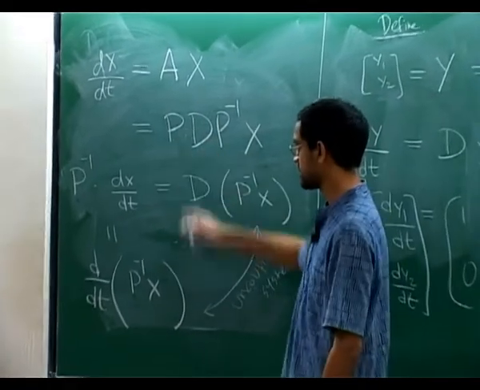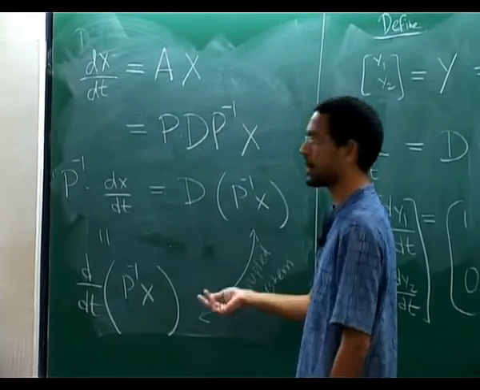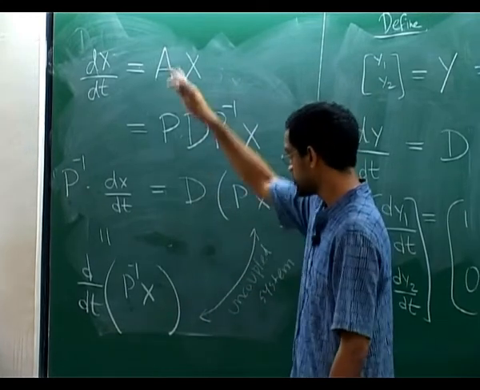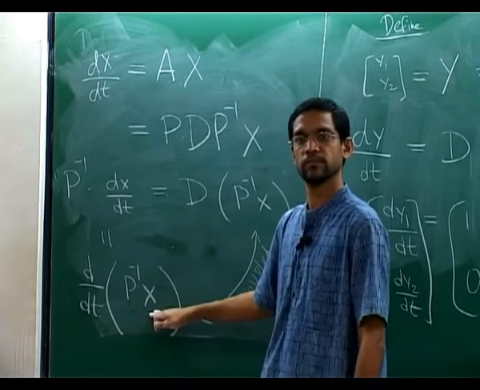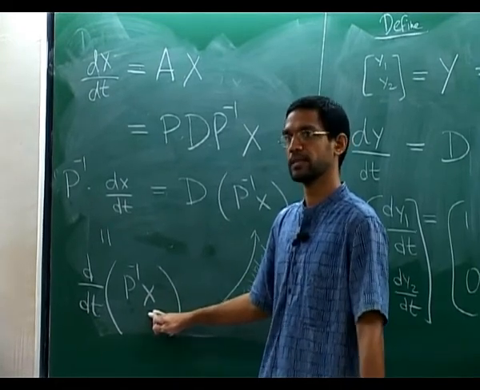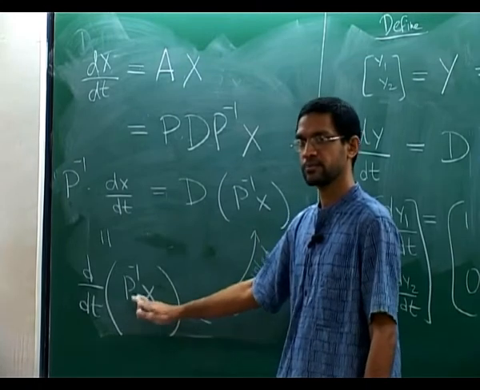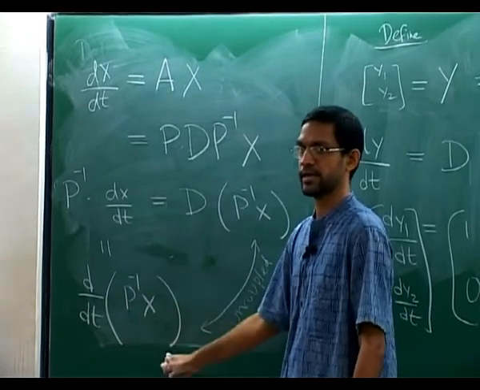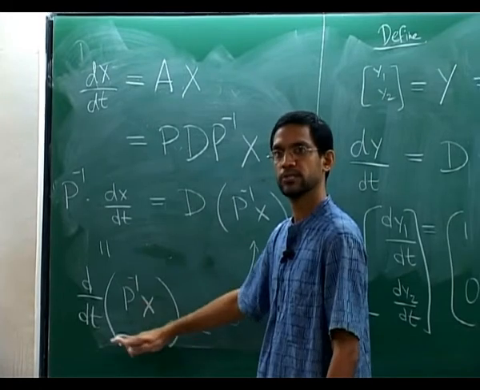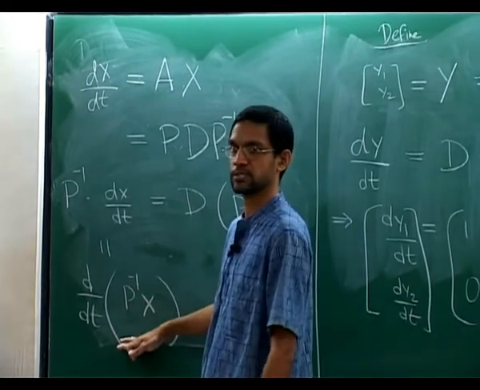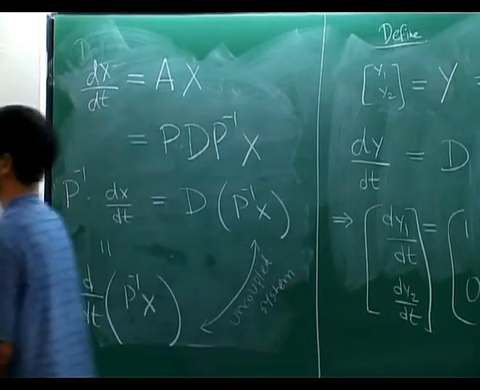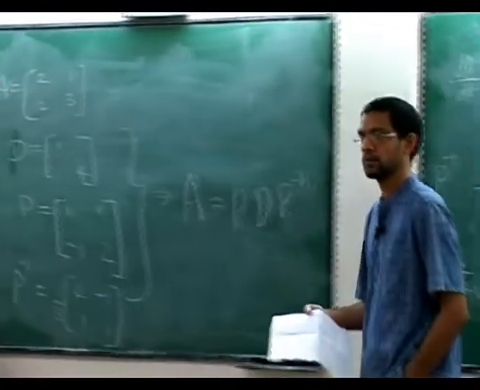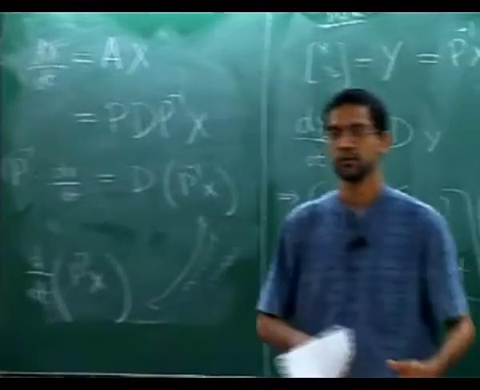So if you have such a system, here's how you will uncouple or decouple it. You define your y as P inverse x. Okay, how do you find that magic y? Well, you find the eigenvector matrix P, you take its inverse and you multiply by x. Whatever you get is your y. That is the one that's going to decouple your system of equations. Okay, so it's a process that works in general, for any n cross n system. Okay, so any questions?